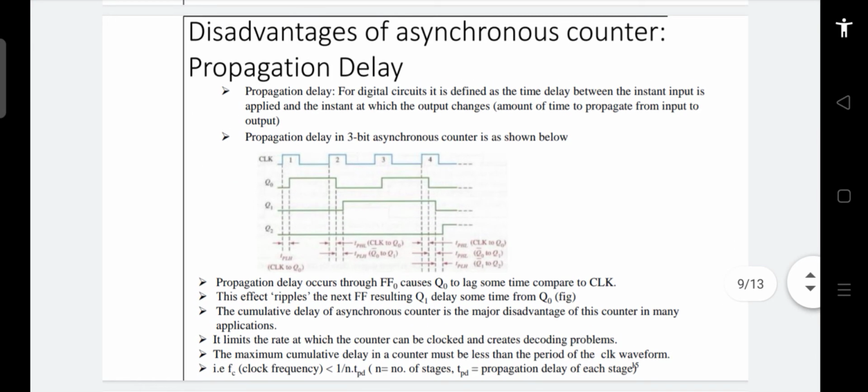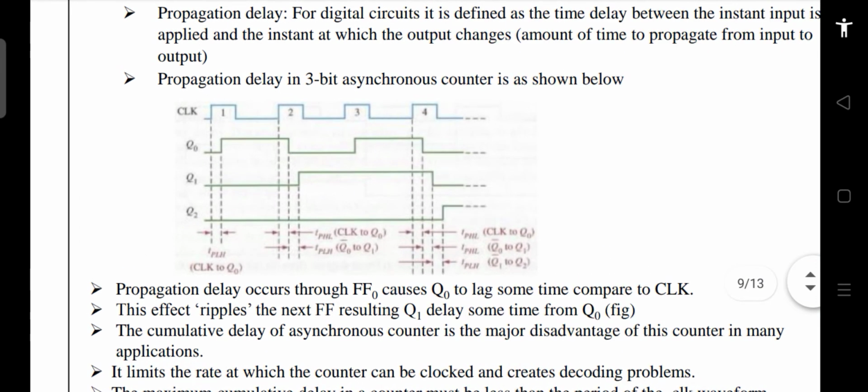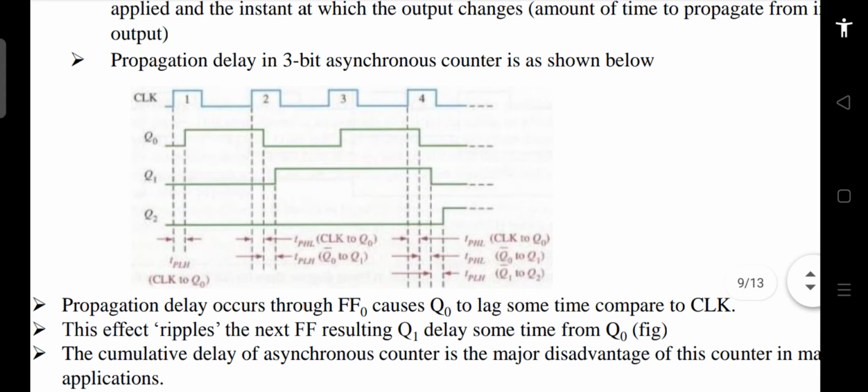So, the disadvantages of propagation delay. You can see propagation delay in this particular waveform. If the number of clock pulses is large, and if the number of flip-flops is too many, then what will happen? Let's try to understand with three outputs only. Q0 is our LSB, and Q2 is our MSB in this case. When the first clock pulse appears,